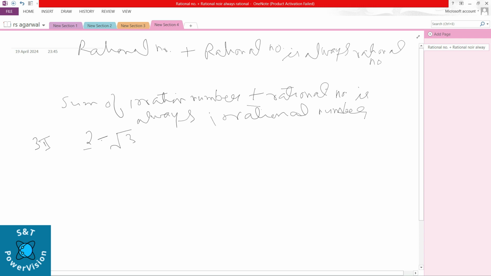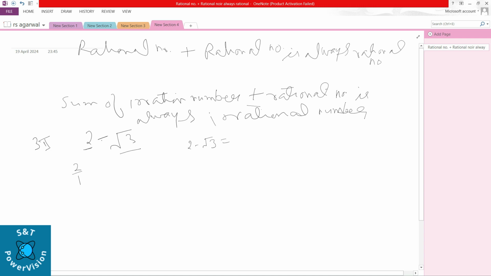If we see, 2 is a rational number, we can say 2 by 1. Minus root 3, and root 3 is an irrational number. So we have to prove that 2 minus root 3, the subtraction of an irrational number from a rational number, is an irrational number. So just assume that 2 minus root 3